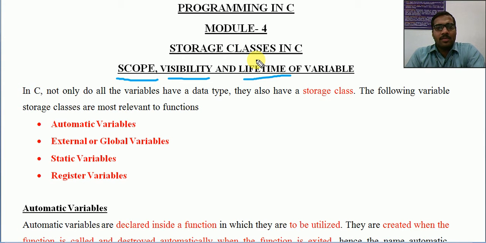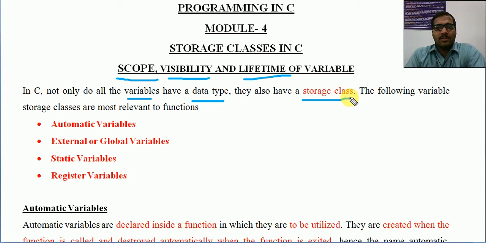Now when we look at the various types of storage classes along with these properties, we will understand the concept in detail. Already we know that we declare variables and they have some data type, and I am going to add one more thing, that they will have some storage class. Based on the storage class, the variables are stored. Let us see what those storage classes are.